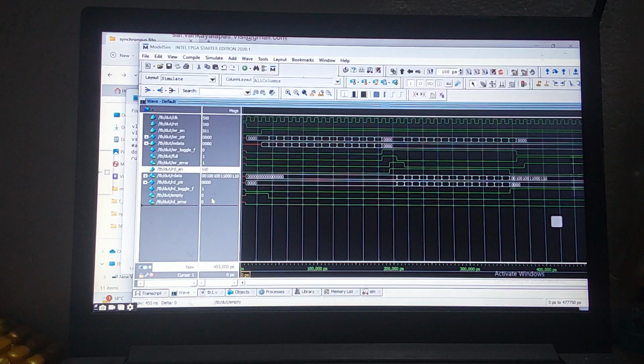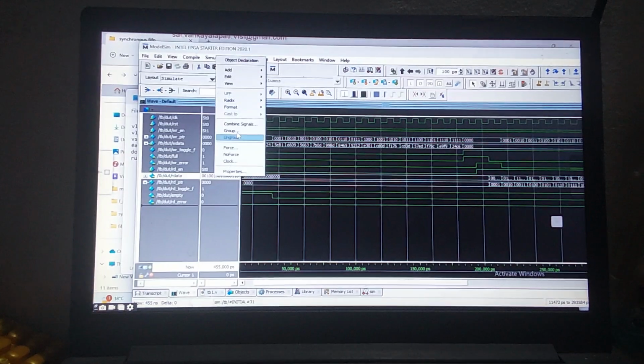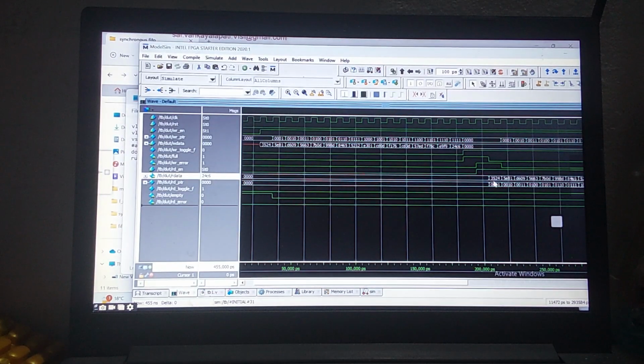Now this is how write data is happening here. Now what is the read data? When read enable is equal to 1, then read data is happening here. What is that location? Location 0. The write data is 3524, and for the read location, let us make this into the hexadecimal form. Now it is the same thing, it is reading it. Location 0 is 3524, here is 3524. The next location is 5E81, again this is nothing but 5E81. This is my read data, and this is the read pointer.